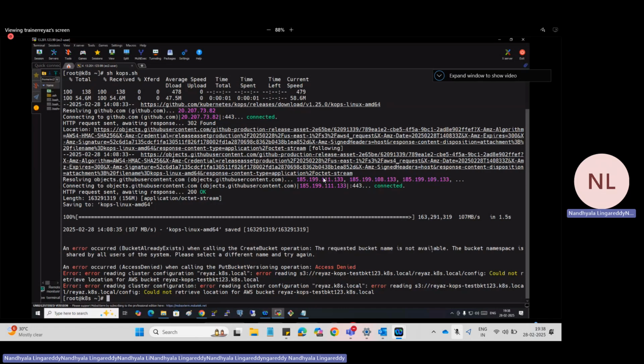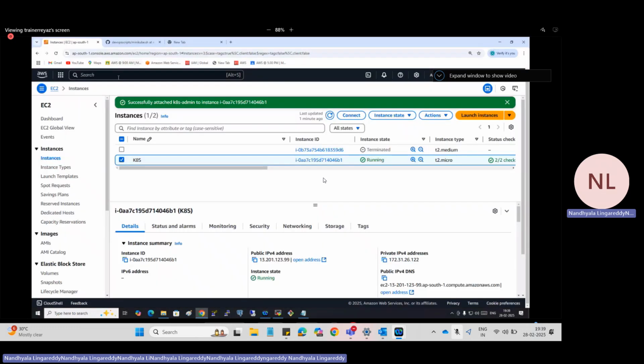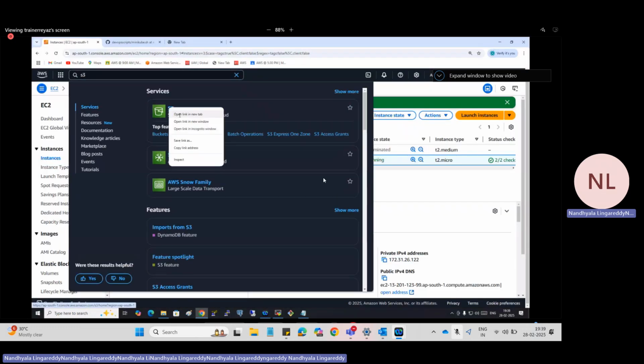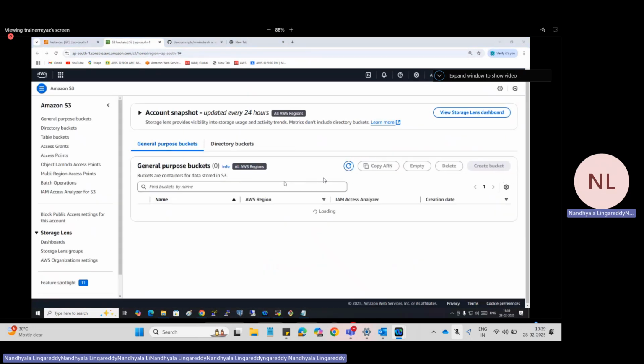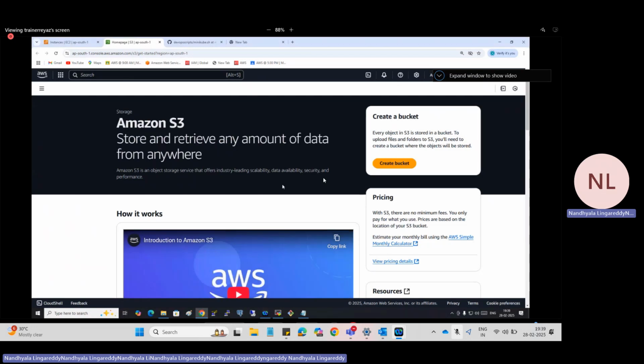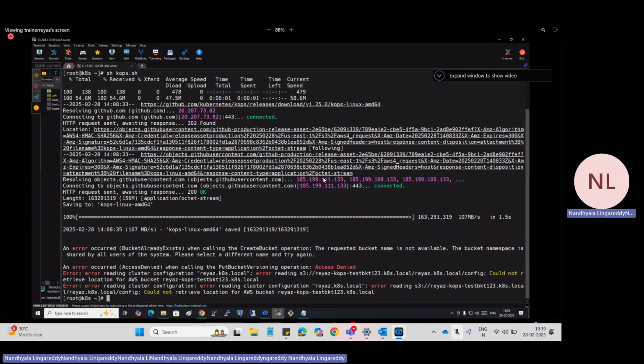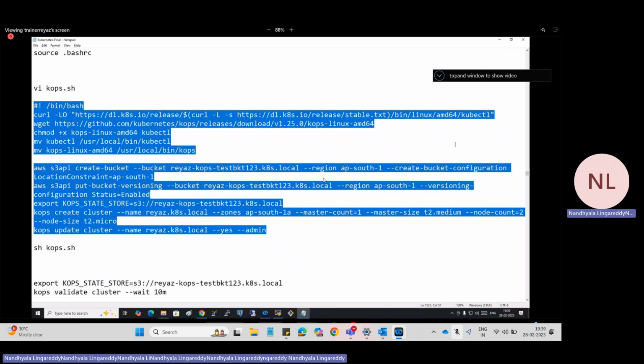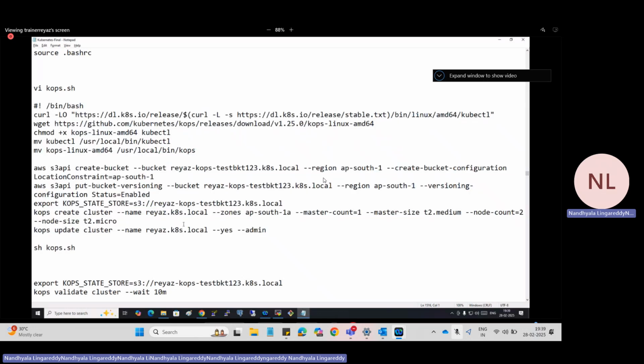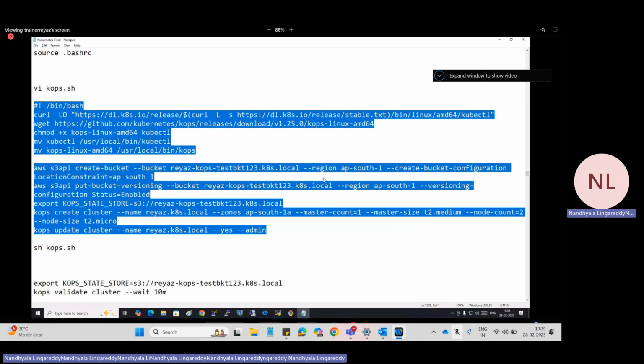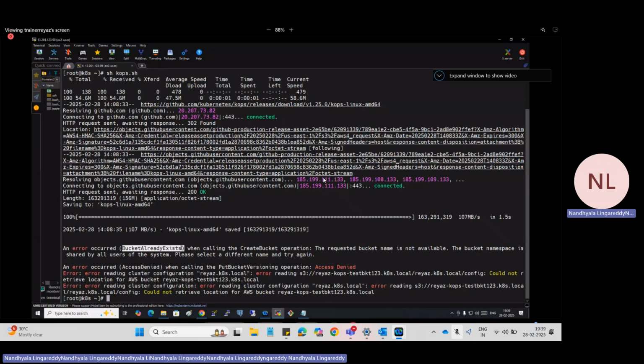Someone already created a bucket with this name. So I told you, someone has already created it. What is the error here? It clearly shows, no? Dinesh.